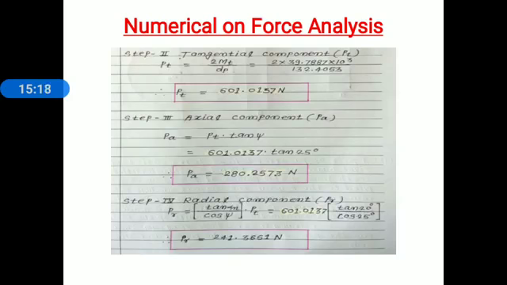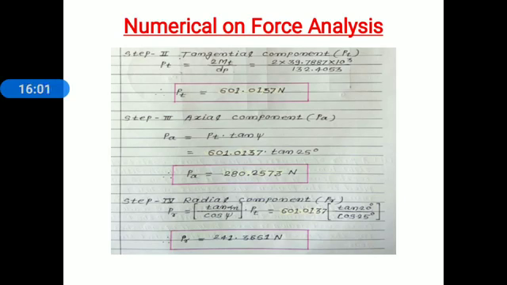Now move toward the second step. Step number 2, tangential component. Everyone knows how to find the tangential component: PT is equal to 2 times torque divided by pitch circle diameter of pinion. Pinion is weaker, that's why we use the parameter of pinion here. If the gear is weaker, we use the parameter of gear, that is D suffix G. Remember this. Now we know the torque and the pitch circle diameter. Substitute the values in that relation, and we get the tangential component PT is equal to 601.0137 Newton.